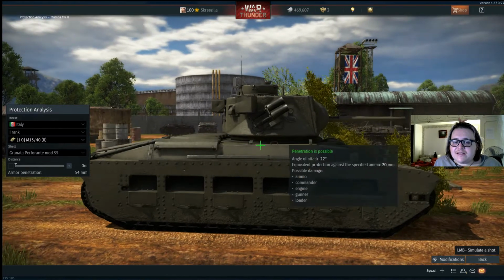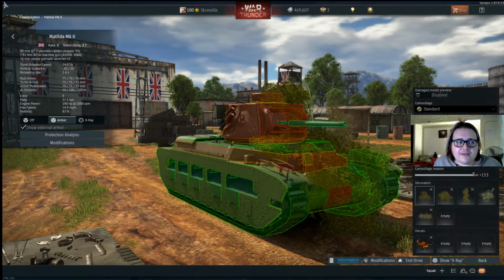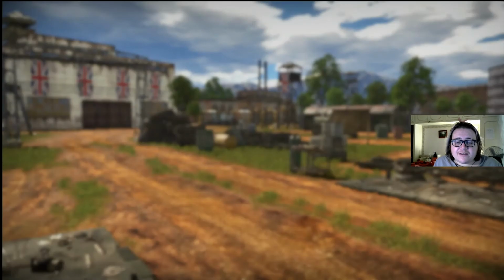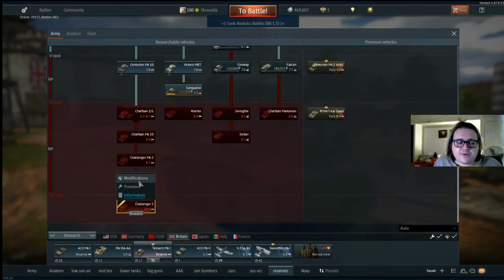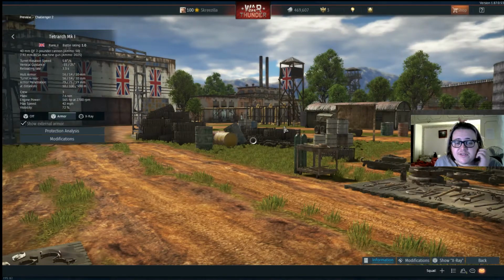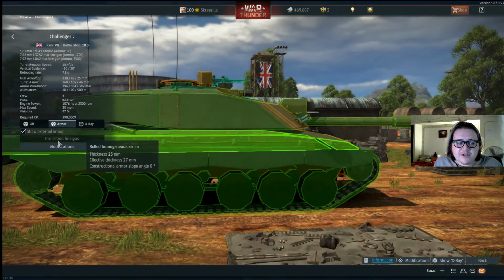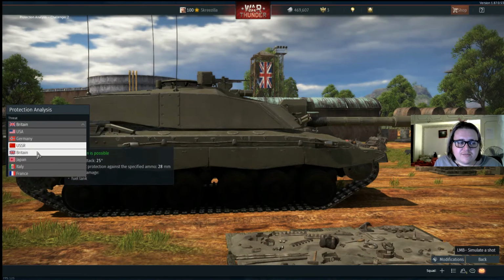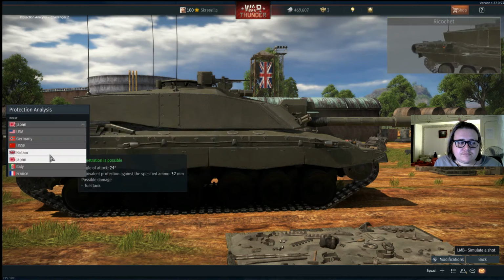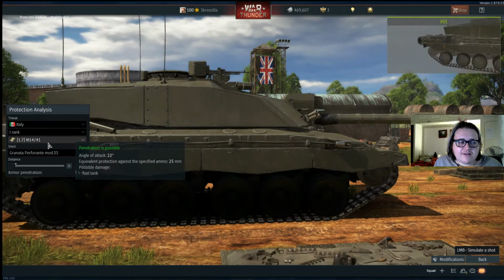The turret ring is the easiest spot to penetrate on pretty much every tank there is, even down to things like the modern tanks. So even down to things like the Challenger 2. We'll go to preview. If it's a tank you don't own, you can preview it. And we can go to protection analysis, and we'll just go back to our trusty Italian rank 1 tank,